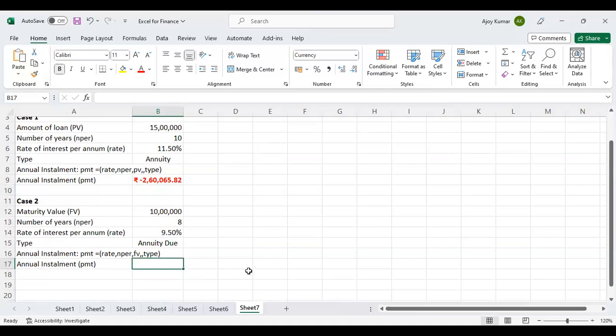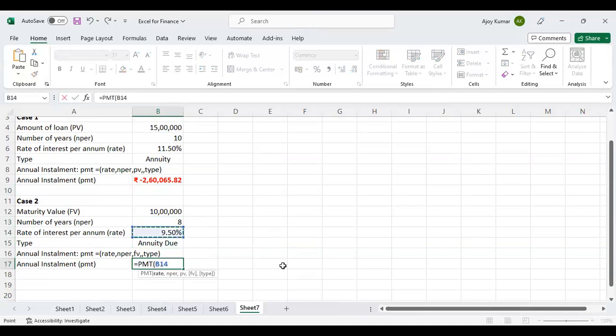Let's look at the second case now. In the second case, my maturity value or future value that I'm expecting to get at the end of 8 years is 10 lakhs. Number of years is 8. Rate of interest is 9.5%. Since I'm starting the uniform cash flows right away, today onwards, my type is annuity due. Again, the formula is same, PMT. So I start typing PMT, bracket open, rate 9.5%, comma, number of periods 8, comma, there is no PV in this model. So I'll put one more comma. I will have future value, comma,